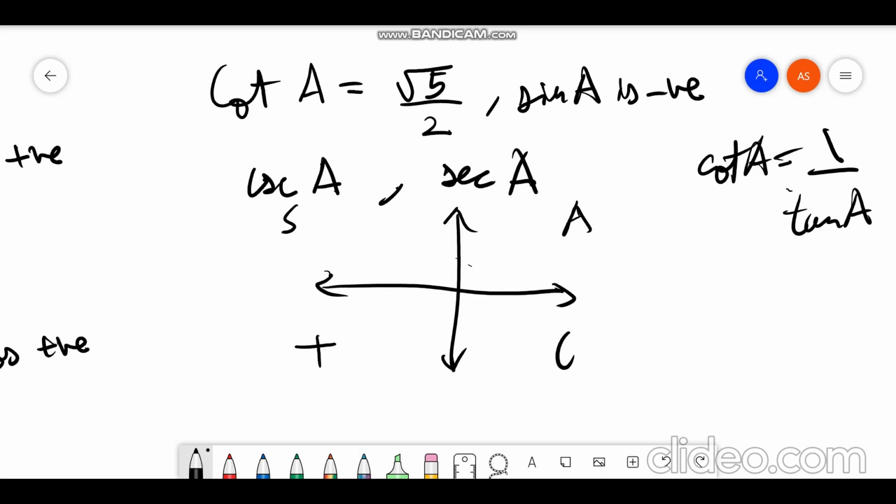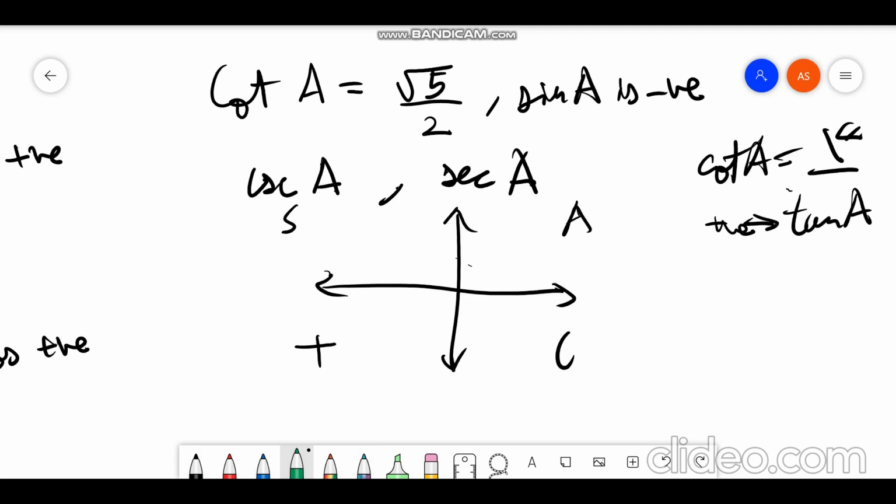So if cot A is positive, it means that tan A needs to be positive, because 1 is already positive. So tan is positive